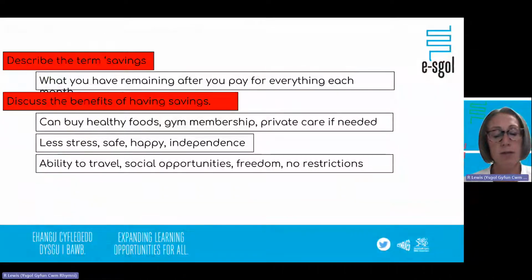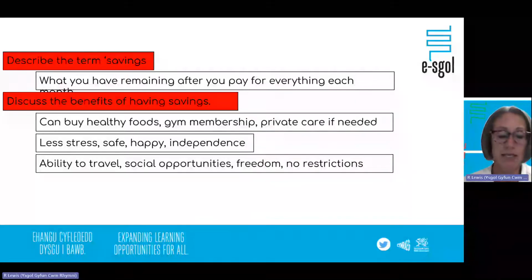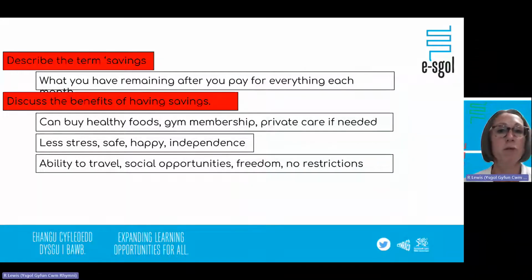Okay, so how an examination question could look based on these factors. Describe the term savings. Okay, so very easy question. So savings is what you have remaining after you've paid for everything each month. I say each month, after you've paid for all your bills. Whenever you pay, maybe you get paid weekly and you pay your bills weekly, and that's when you get your savings. Okay, so discuss